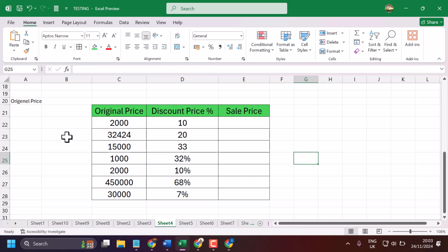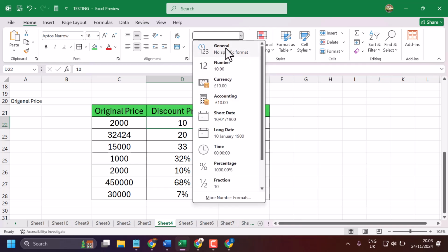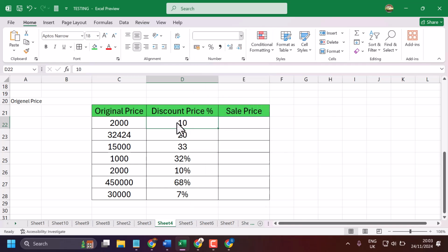So we have here example, like for anything, original price is 2000 and we have the discount price 10%. And make sure here is just the number 10 without percentage. So here we selected this General. So if you write this 10 without this percentage symbol,